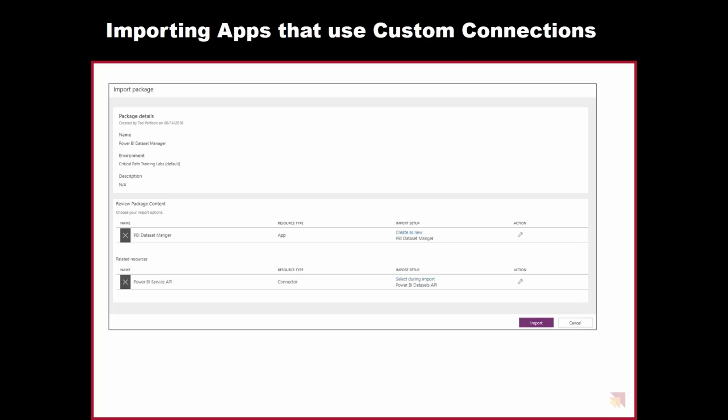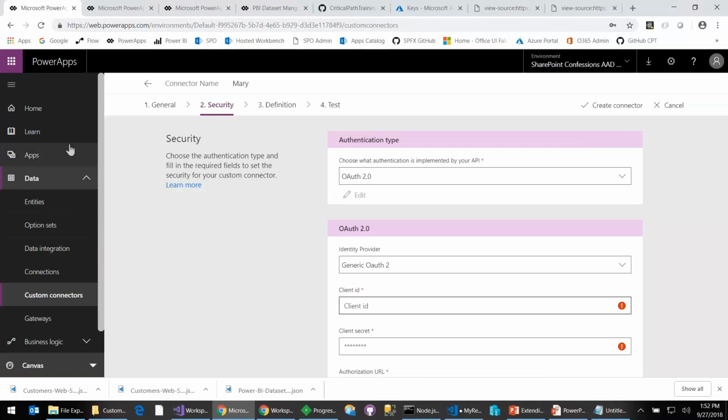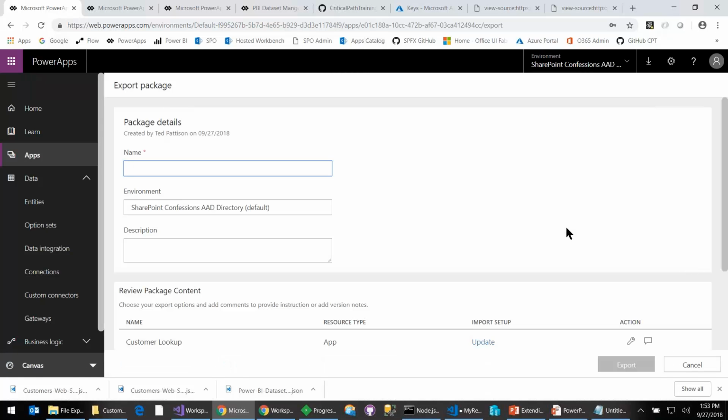Okay, now the last piece that I want to talk about, looks like we got about 5 minutes left, is how do we start dealing with things that we have built as far as moving things between environments. So let's go back inside here. And what I want to look at is, I've got this app. Now let's take customer lookup. Now, one of the things that Microsoft has support for is exporting this app as a package. Let's go ahead and click on export. And so, this will be my